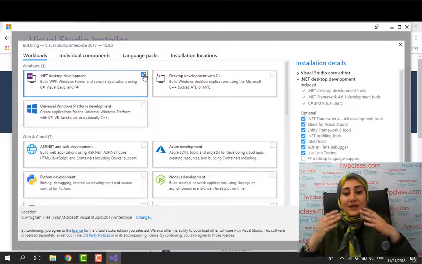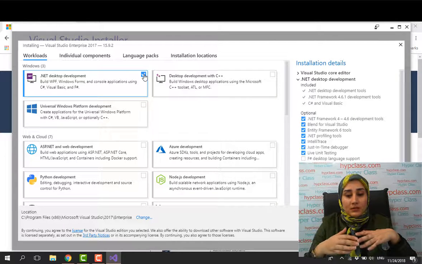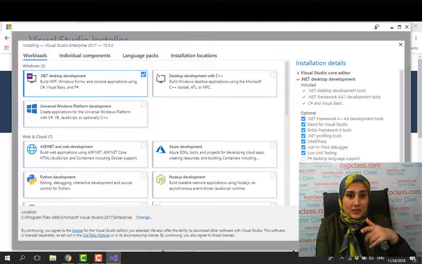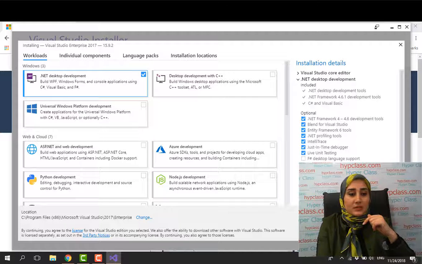It shows the packages that are going to be installed. And at the bottom of the page, you see the total space required for installing these packages. And before pushing the install button,